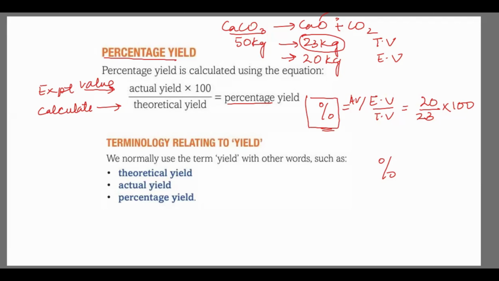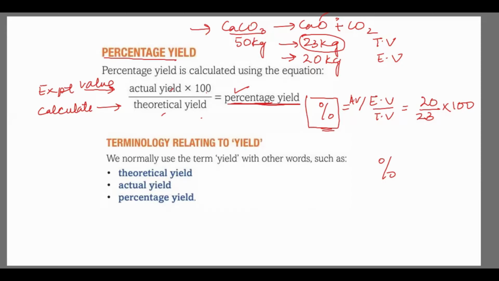So this is how they calculate. The actual yield, which they get during the experiment, is divided by the theoretical yield, that is, how much we are supposed to get theoretically when this reaction takes place. So the actual practical experimental value divided by the theoretical value times 100 will be your percentage yield. This is a very important factor to understand whether this process or reaction is effective for us. Is it giving us a good percentage yield or not?